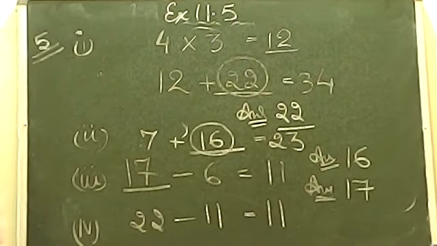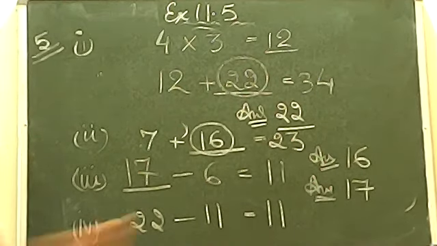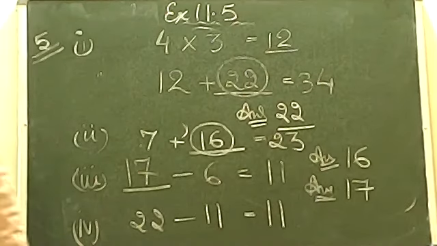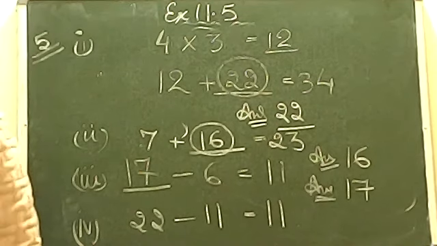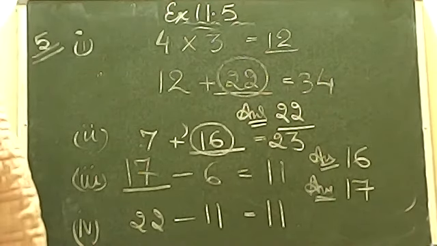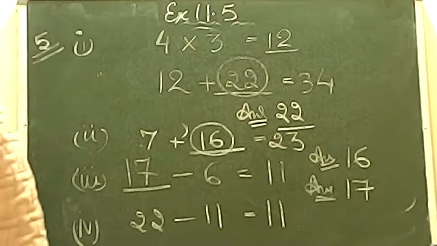So this is all about the riddles which were given in your NCERT book. We have completed today NCERT exercise 11.5 completely. Tomorrow, please be ready with the R.S. Agarwal book. We will be discussing some questions related to R.S. Agarwal, and then we will move on to the comet part.